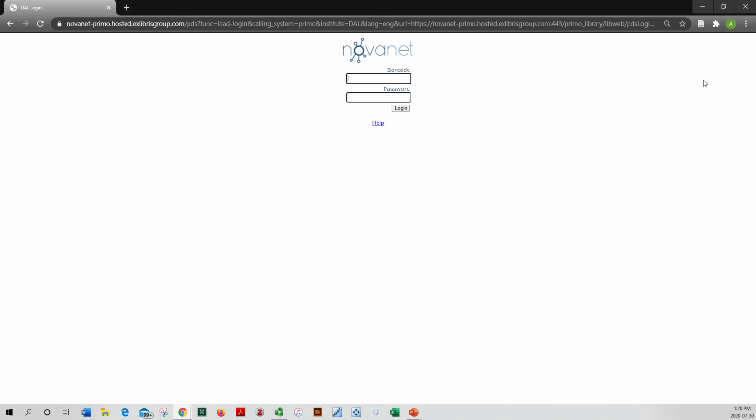So I'm going to type in my barcode number, which is my unique identifier for the libraries, and then I'm going to put in my password, and the password is usually the last 4 digits of your phone number. Now, this information